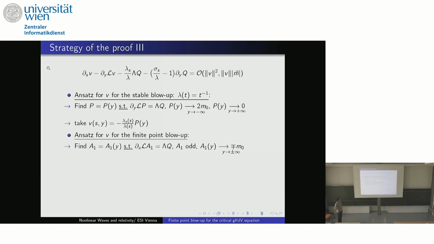We change the ansatz. So instead of working with this P, we work with a guy we call A, or A1, because there will be a series of them. And this A is odd. So if you want, you translate your P. It's not exactly a translation, but you do something like this. Oh yeah, sorry, it's M0. So your A is something like this, and this is minus M0.